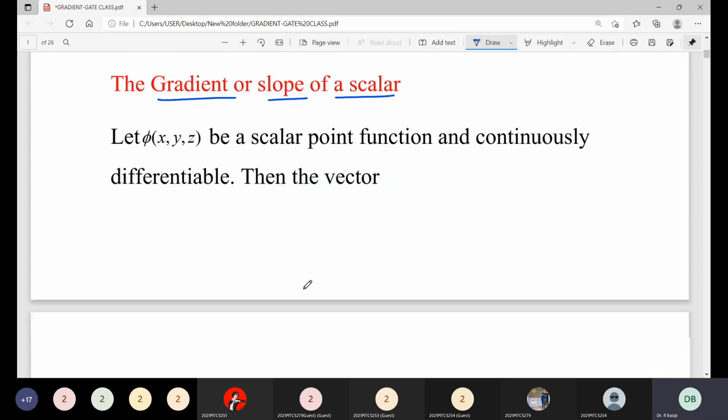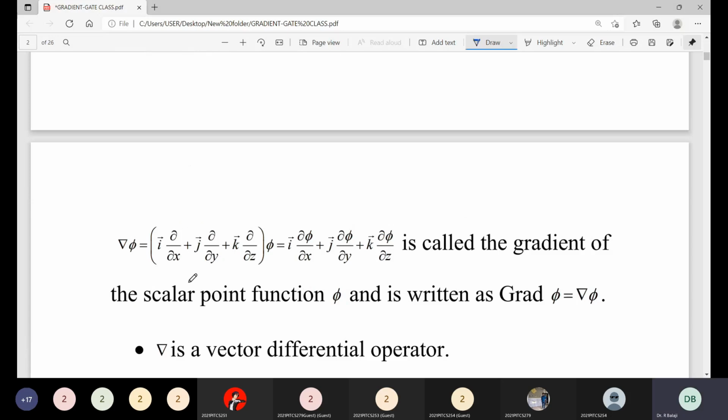Then the vector del φ is equal to i ∂/∂x plus j ∂/∂y plus k ∂/∂z acting on φ, that is, i ∂φ/∂x plus j ∂φ/∂y plus k ∂φ/∂z. This is called the gradient of the function φ,